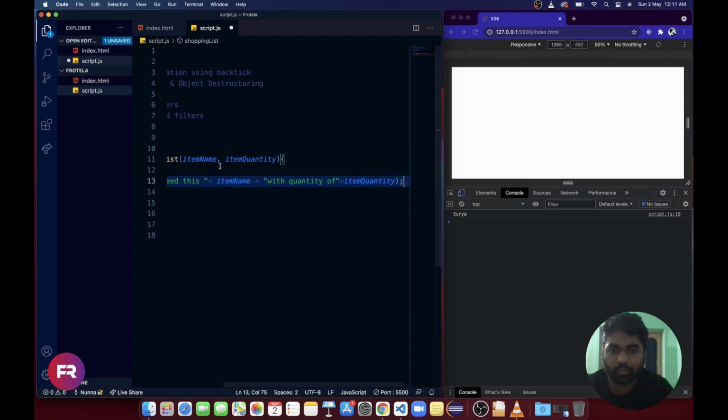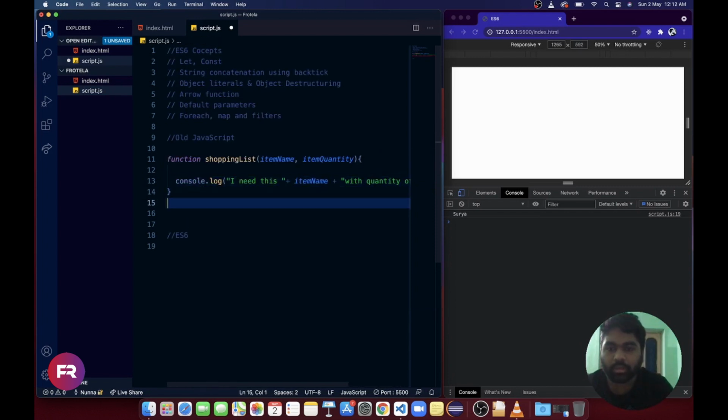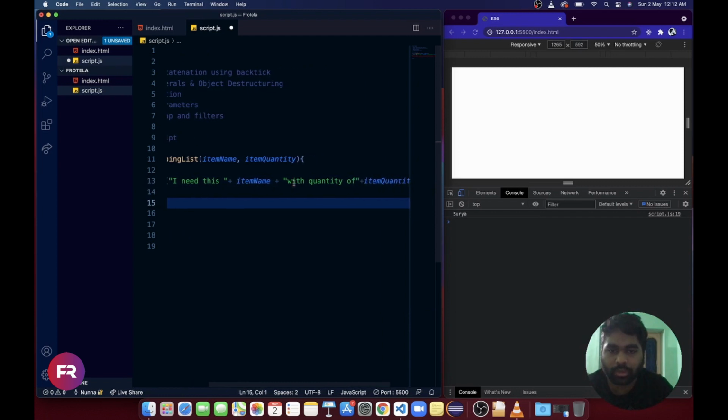This is how we write using old JavaScript. Like this we used to concatenate strings.